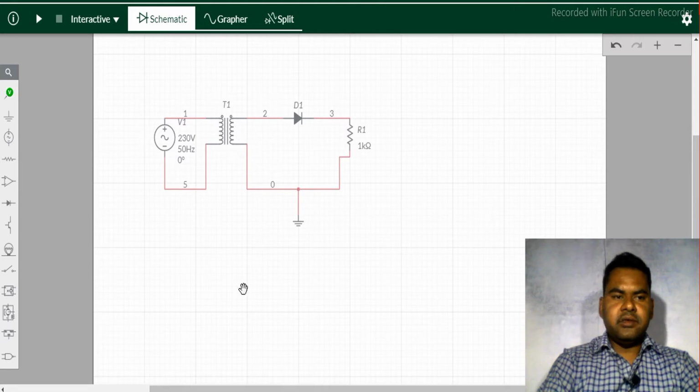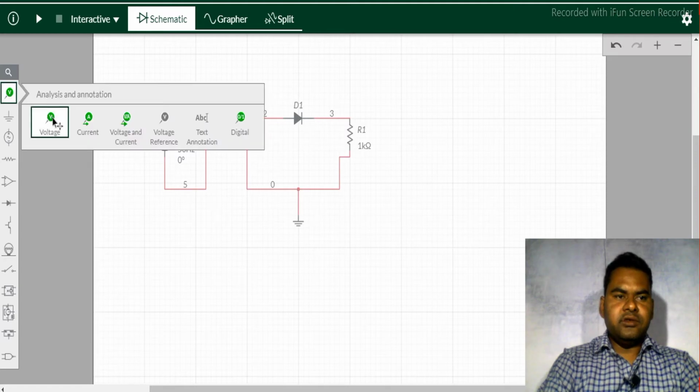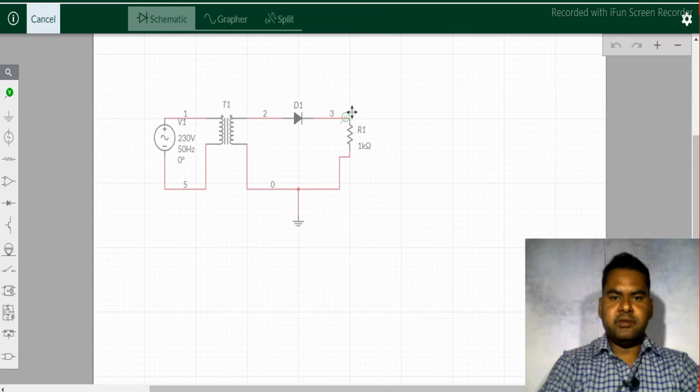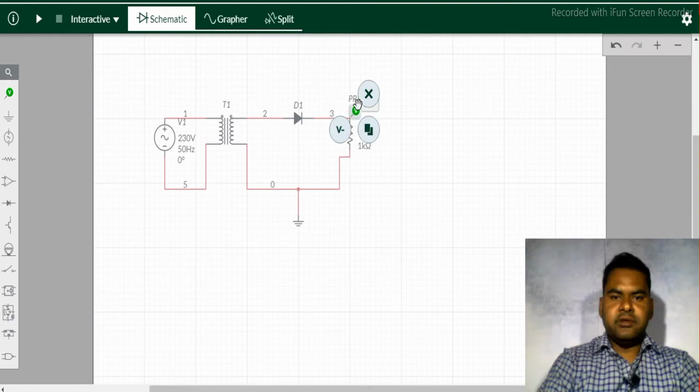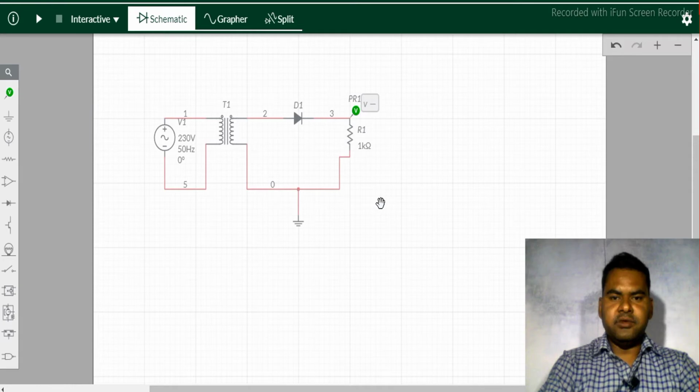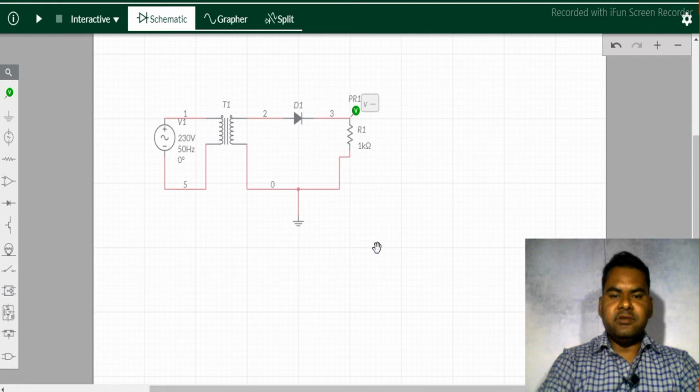To measure the output value of this circuit, you have to simply connect a voltmeter for voltage measurement and an ammeter for current measurement. So I am putting a voltmeter to measure this output DC voltage. As we know, a simple half wave or full wave rectifier converts an AC signal into a DC signal, but this circuit doesn't have any filter.